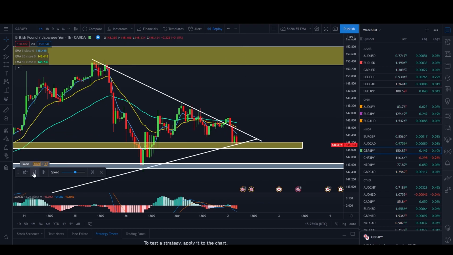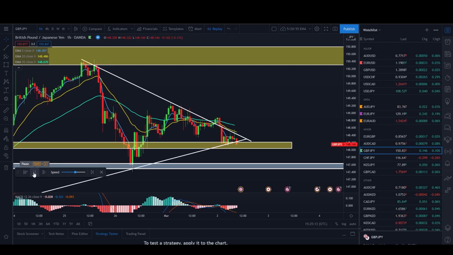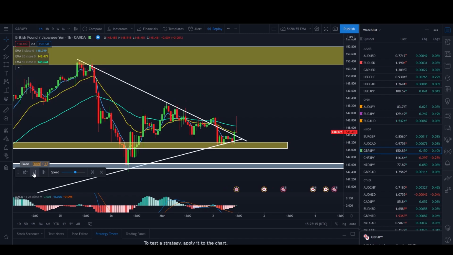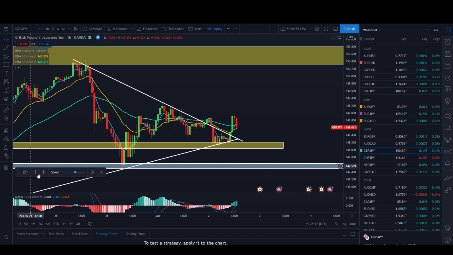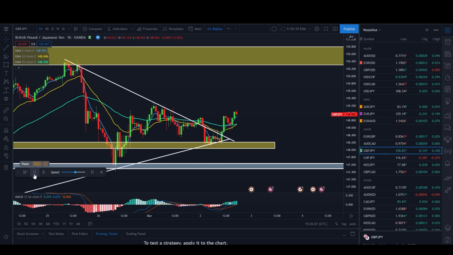The price also respected our support zone, and as we can see it's going into the squeezed pattern, and the moving averages are basically going now towards the upside. So as you can see, we do have a break to our uptrend. The moving averages of period 5 starts to go towards the upside, and it needs to be above 20 and 55. So we're waiting for the price action confirmation, and this is that price action confirmation because we have